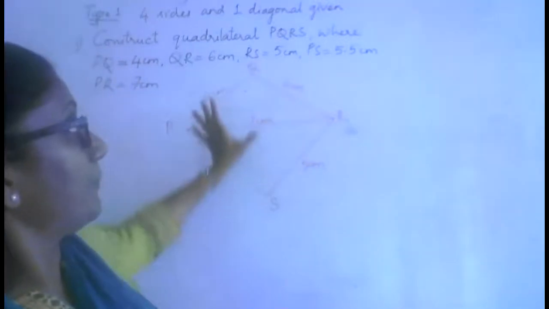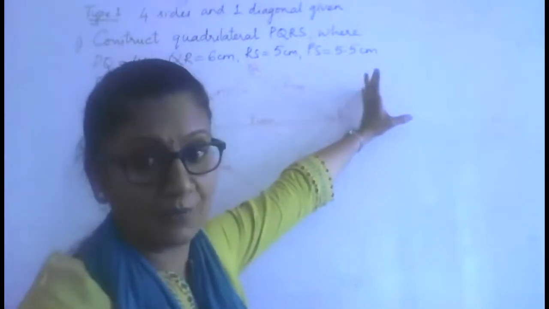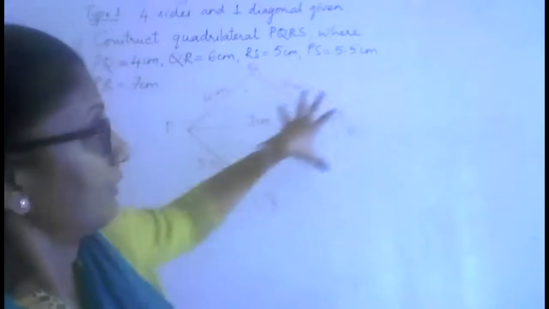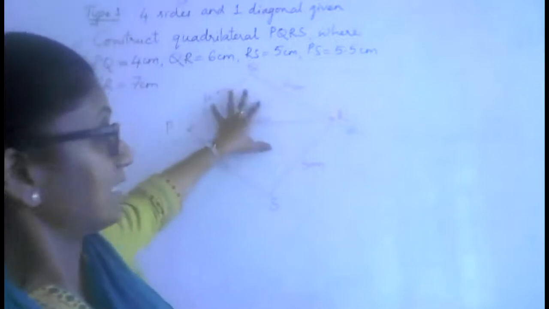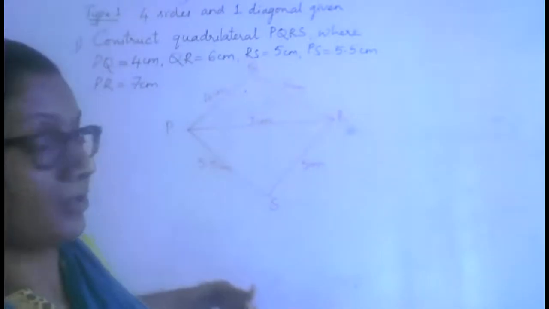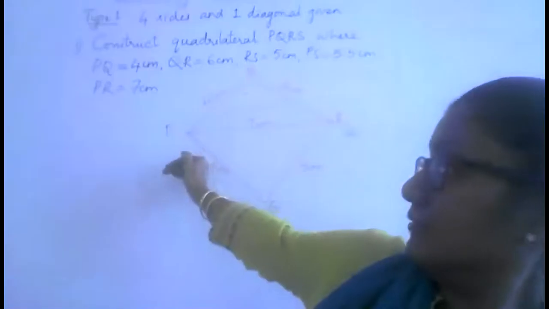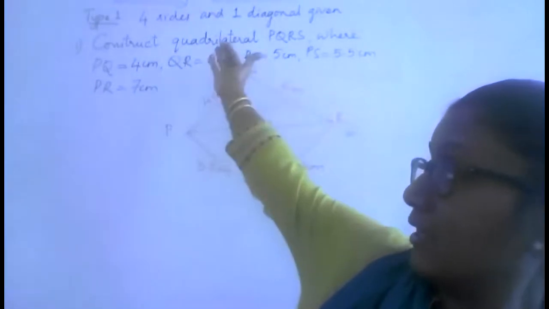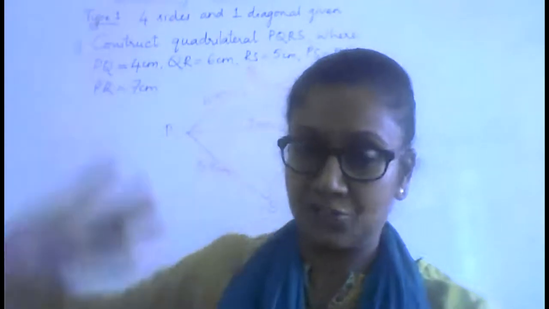Because the center of the page is always required for the main construction. The rough sketch will always be on the right side. It will be a smaller version. Don't make it very big because you will not have space to do the actual construction there. Once the construction is complete, below that you can start writing the steps of construction. So format your page properly. Start somewhere at the center of the page so that you can draw both the triangles, one above and one below, without any difficulty of overlapping with your question.